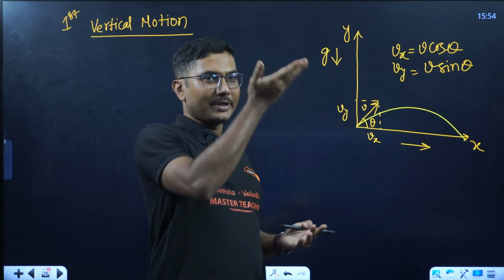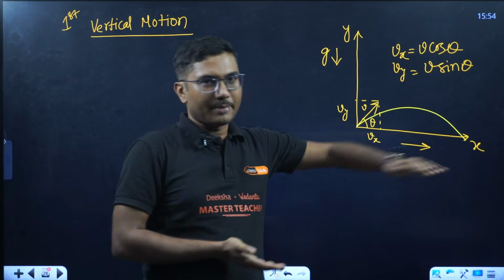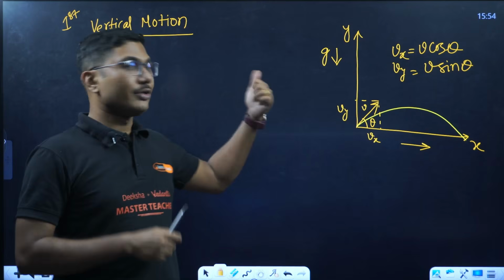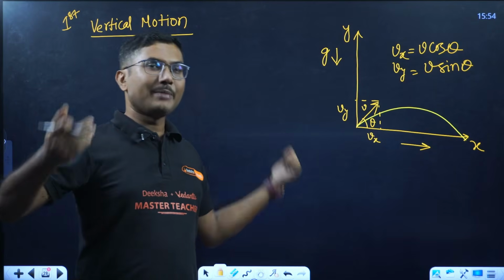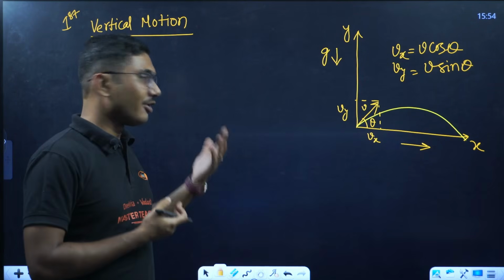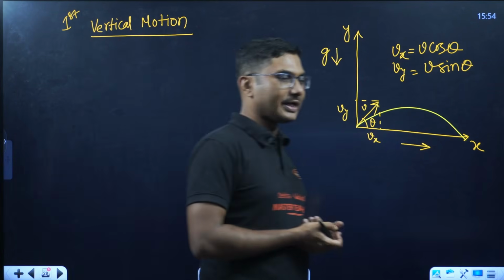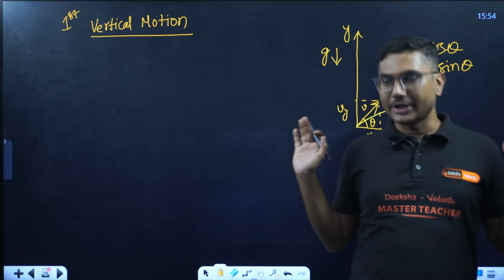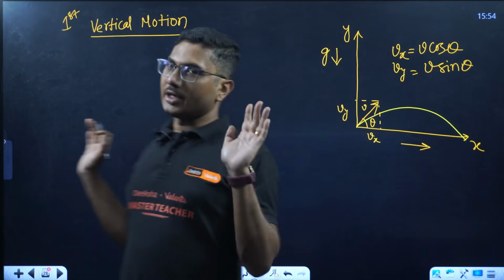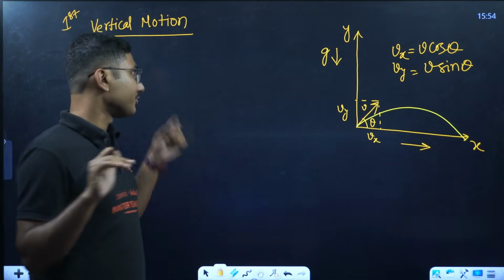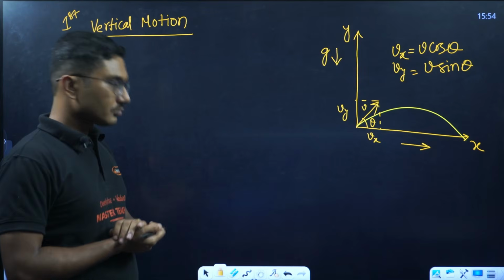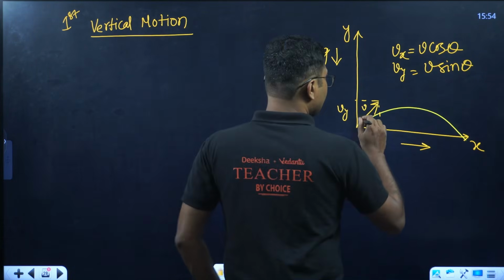One motion is happening in this direction, one motion is happening in this direction, but they are linked with the time. So time is the thing of essence over here. If you can figure out the time, your projectile motion is solved. So let's try that. So here this is the